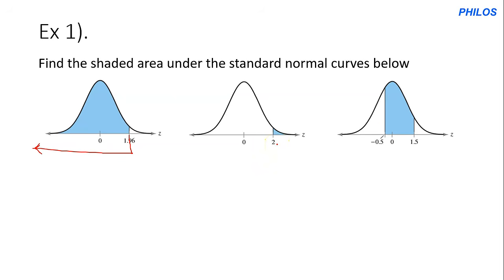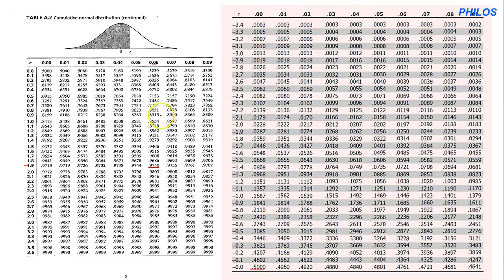So it means that we are going to check for positive 2.00 on the z table. So let's go to the z table. Now, this is the positive z table, isn't it? So we are looking out for positive 2.00. So we have positive 2.0 here, and then 0 is also here. So we check. Yeah, it falls on